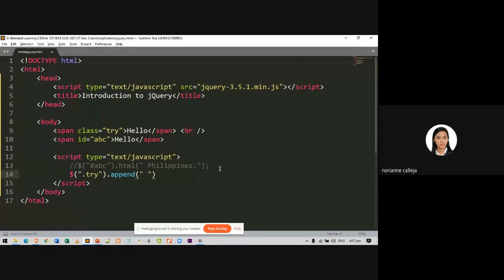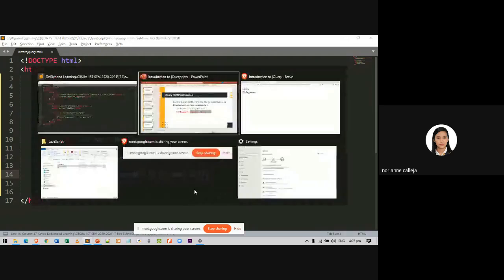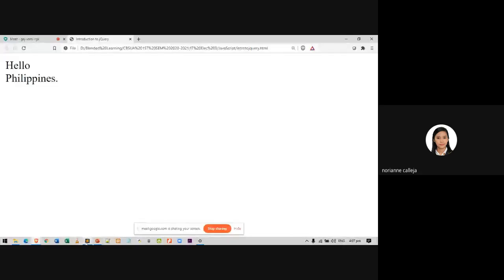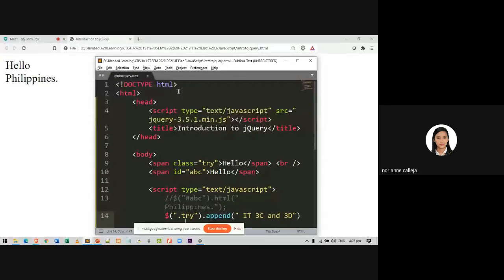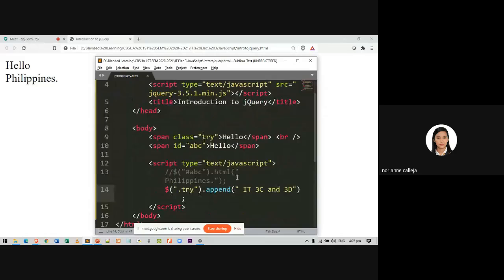So, for example, IT, 3C, and 3D. Okay, so what will be the output for our code? So what will be the output for our code?